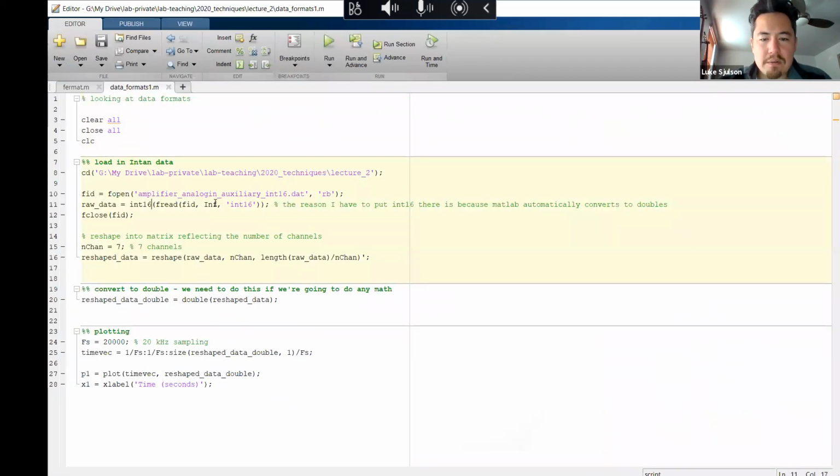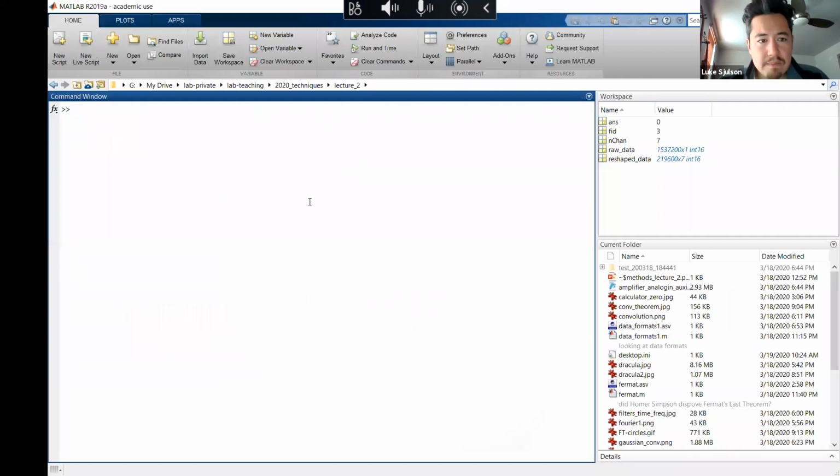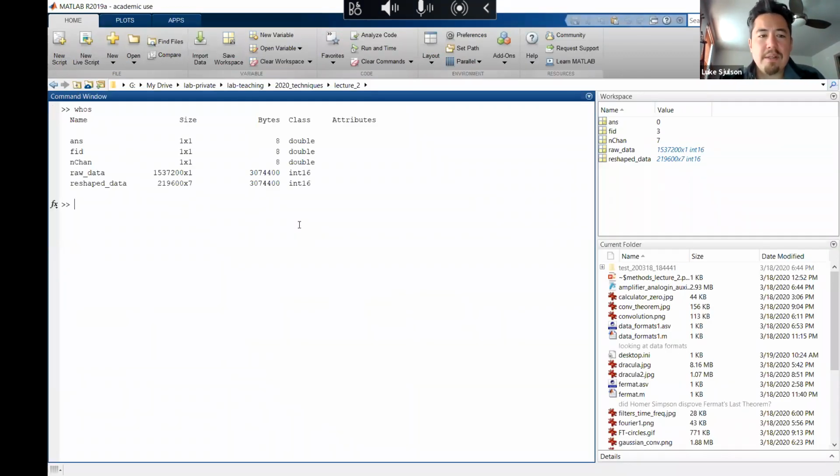So I'm going to load in some data. This is fake data. And the number of channels. You can see here that this is the data reshaped. This is fake data from the Intan acquisition system. So we have 7 channels of analog data, and it's